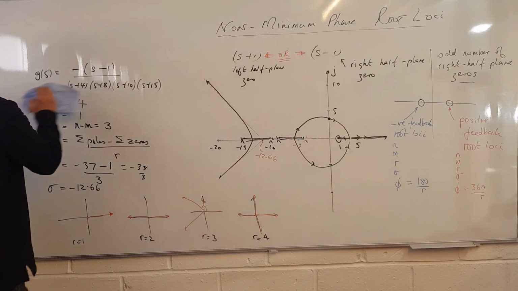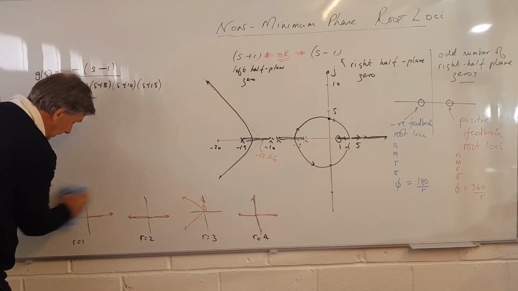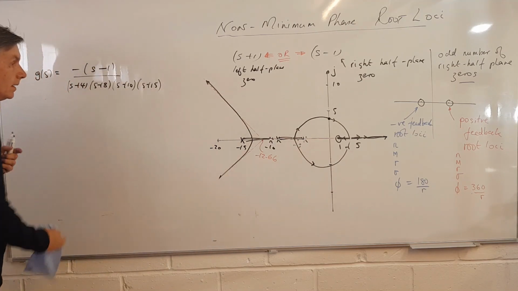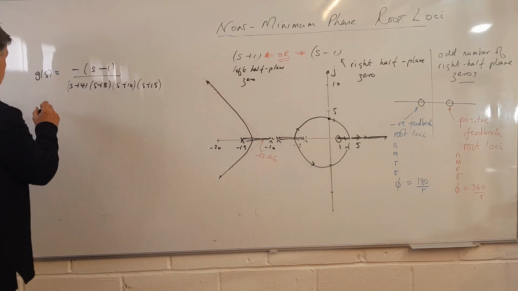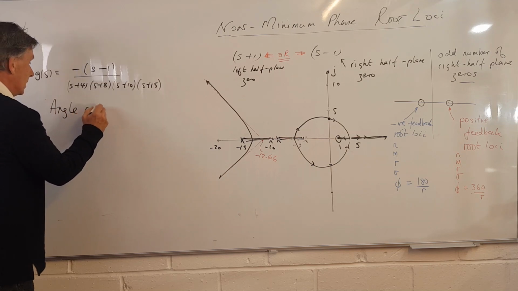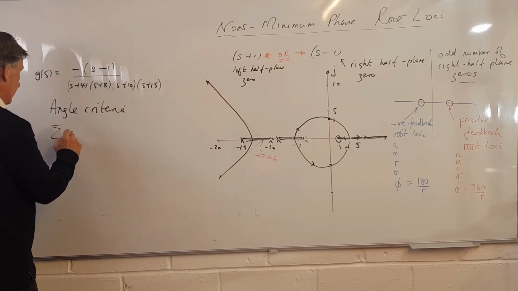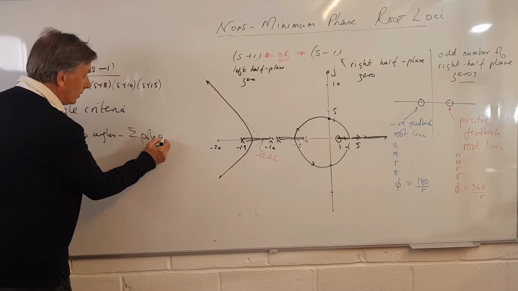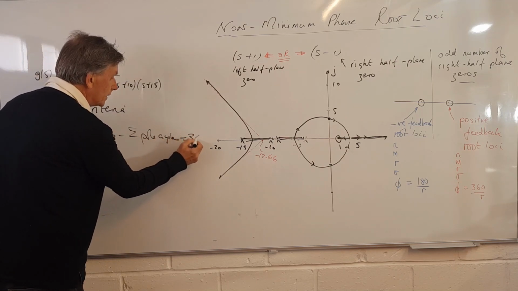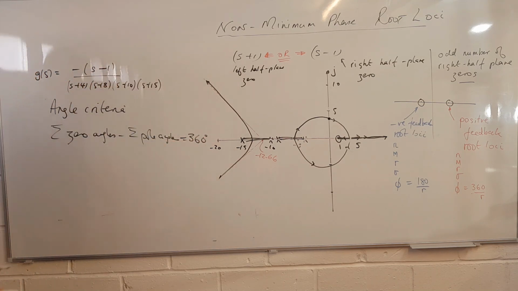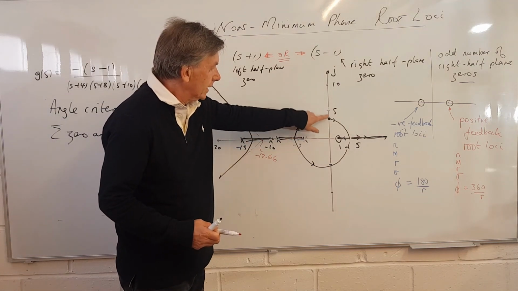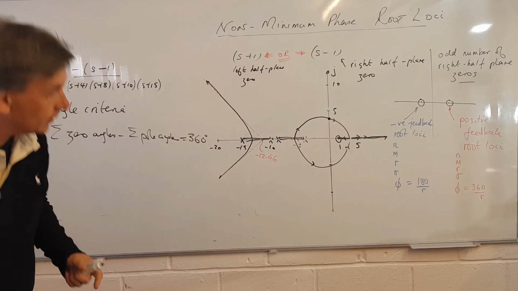So let's just have a look now how we might do that. So we can apply the angle criteria, which says that the sum of the zero angles minus the sum of the pole angles is equal to 360 degrees. It's 360 this time as opposed to 180. And we can do this now by going back to this diagram here and guessing this point here. So it will be advantageous now, I think, to just quickly